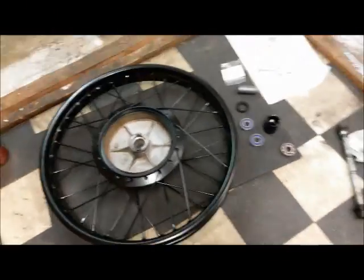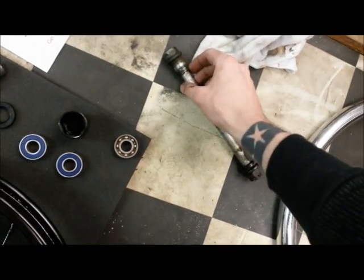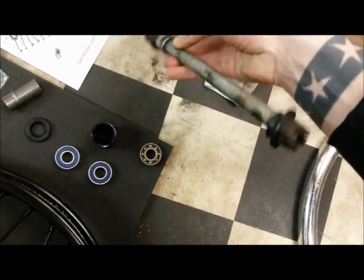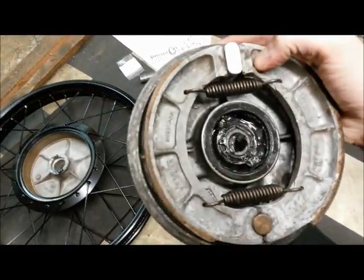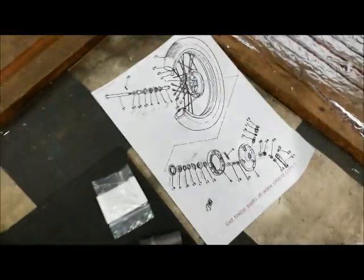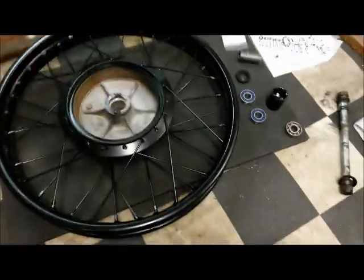Right, onto the wheel then. So I've dug through all the parts, dug out the spacers, got the axle with the various collars, plastic cups, spacers. There's quite a lot of bits and bobs on this one. The brake shoes and all the speedo driving seal are all back in there and greased up and put back together, so that's okay. So I'm just chewing my way through all this, trying to work out what is what,